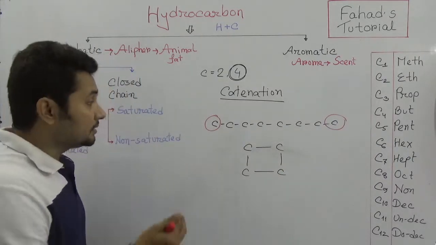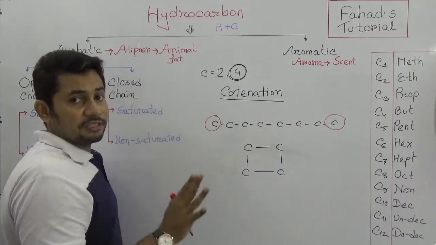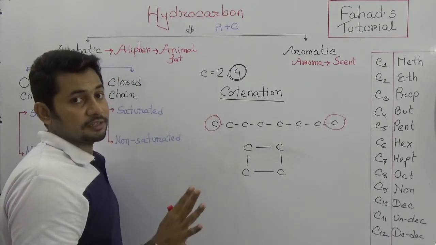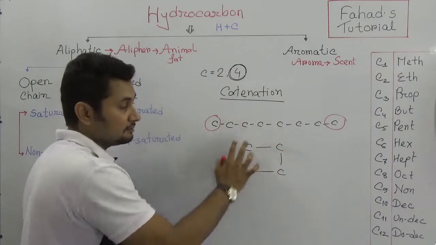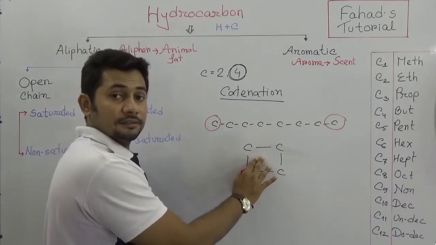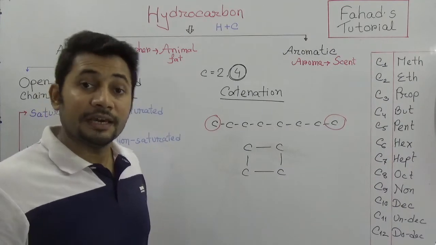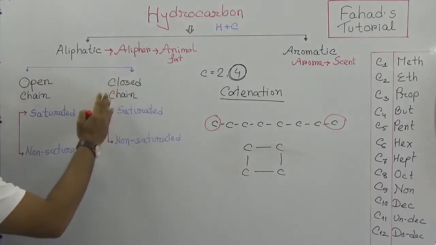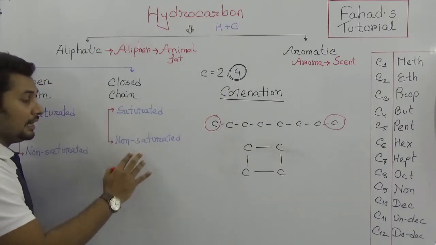So when the terminal carbons are not connected, these are open chain aliphatic hydrocarbons. Very simple. And when there are connections between them that create a cyclic structure, then it's called closed chain aliphatic hydrocarbon. And you see again both chains are divided into two simple parts, that is saturated and